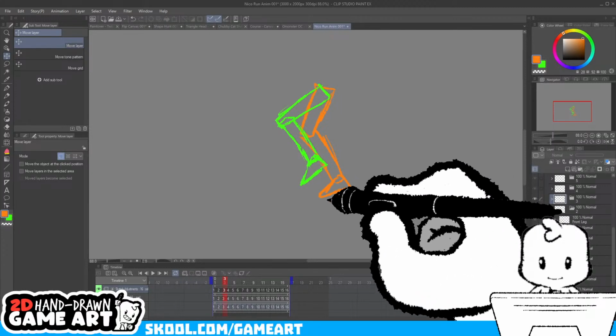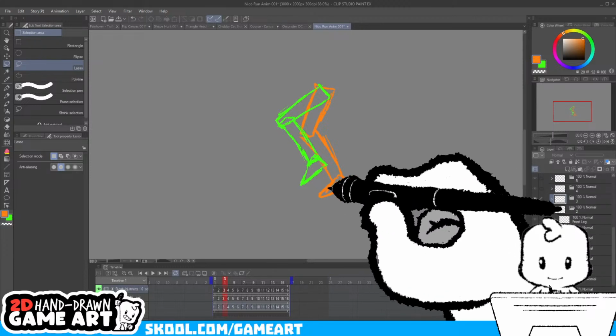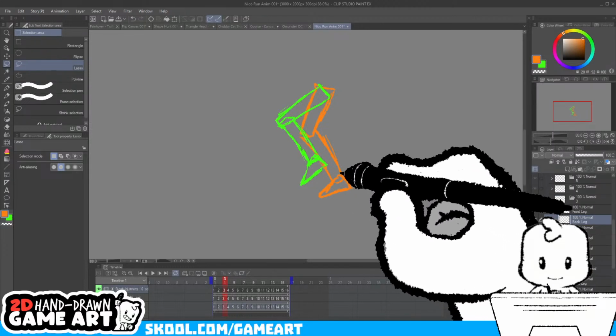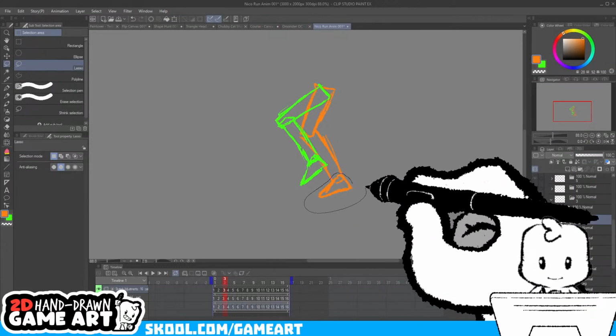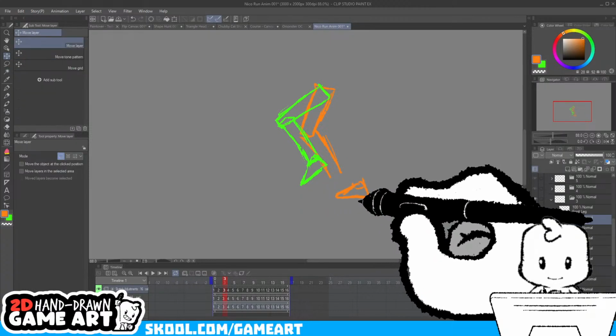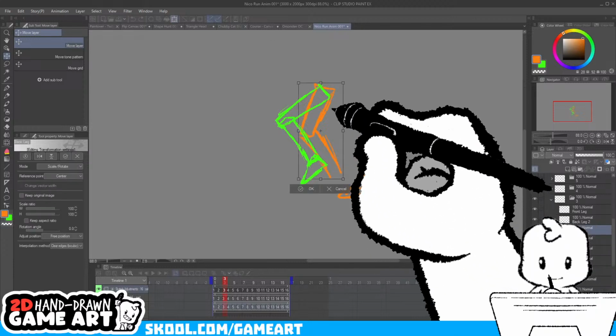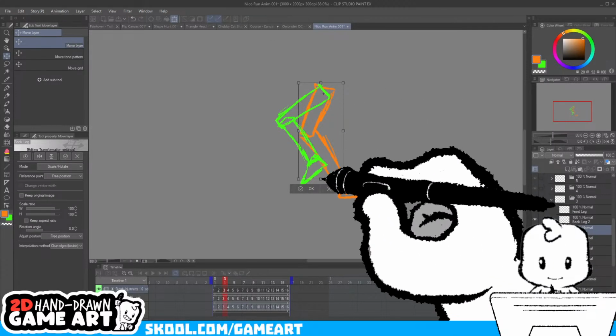And I want to keep this on the floor a little bit longer still. So we're going to get rid of this foot and paste it here. But we'll see, I may or may not keep it on the floor longer.